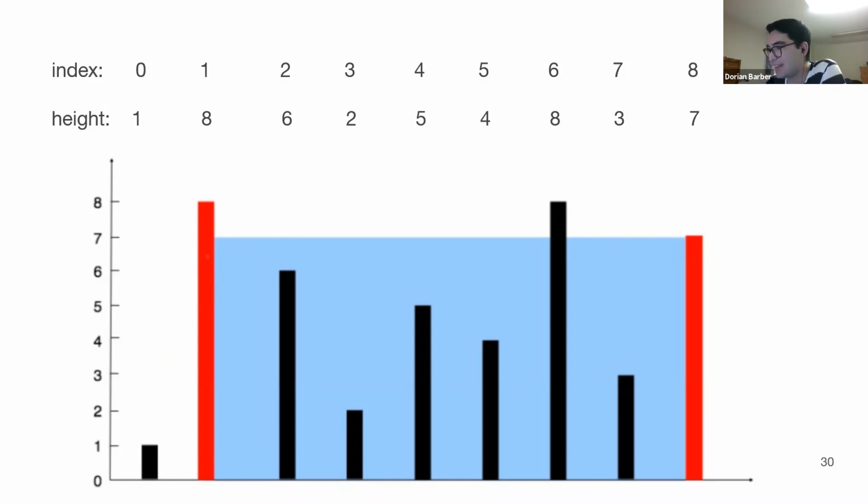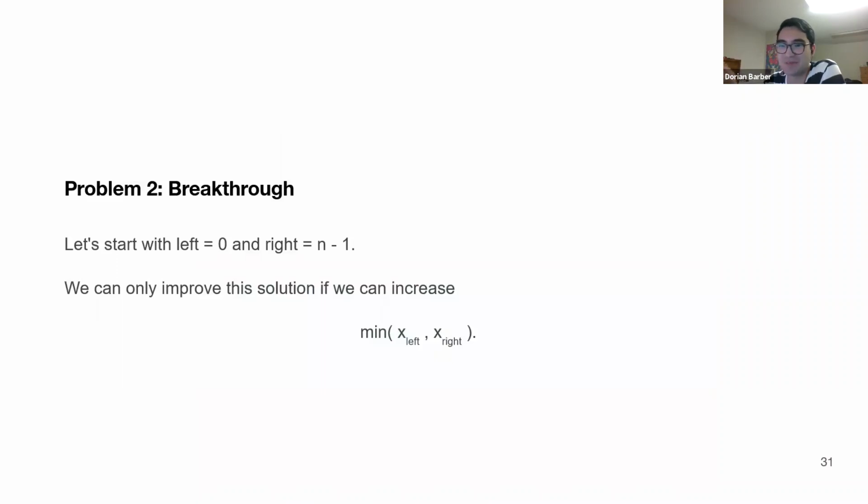And that's basically going to be the breakthrough that gets us a lot closer to the algorithm, right? So to summarize that, if we start with the left at 0 and the right at n minus 1, the only way we can improve this solution is if we can increase the height, right? If we can do better than the minimum of the left and the right, okay? And so with this observation, we can think about